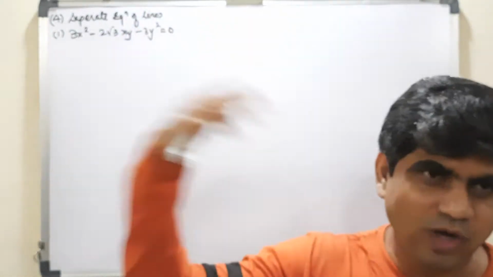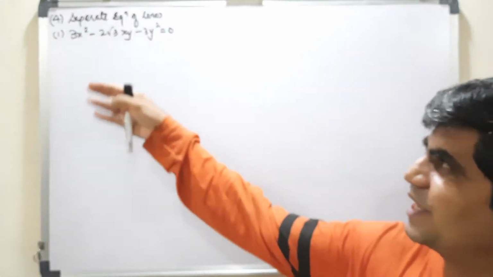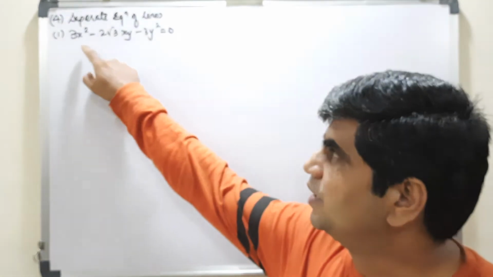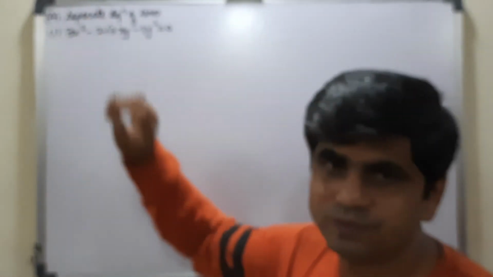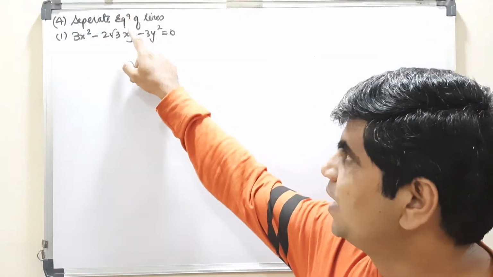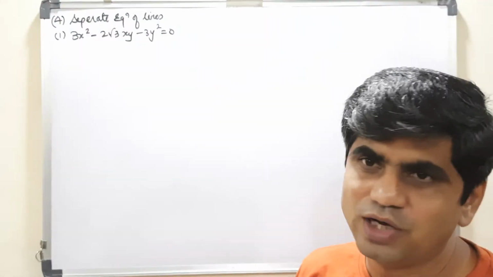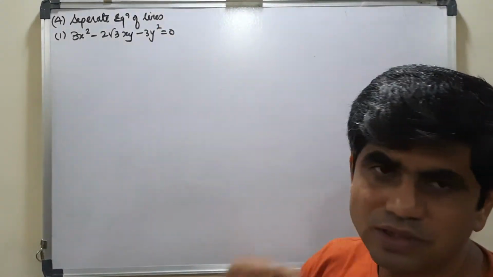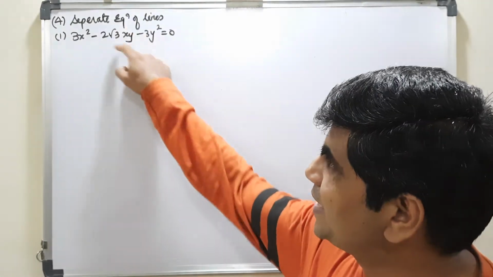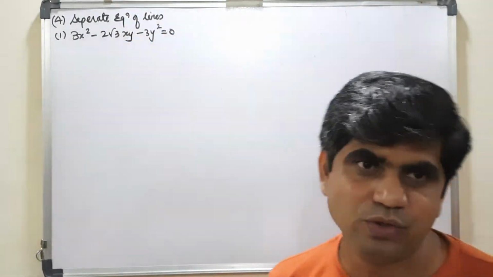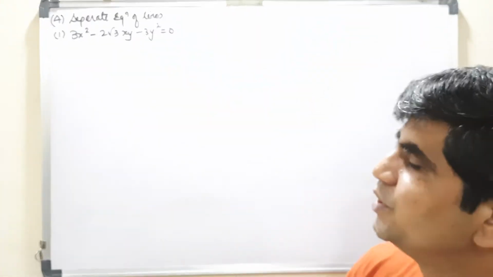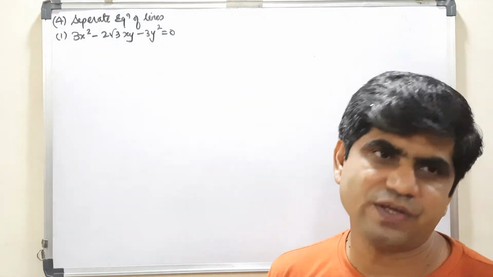We'll study what this particular equation is called, but right now I can see the degree is 2. You see here the degree of the first term is 2, the degree of the second term, x and y variables, 1 and 1, is 2, this is also 2. That means the first term has degree 2, the second term has degree 2 and the third term has degree 2. All the terms have the same degree, so this is called a homogeneous equation.